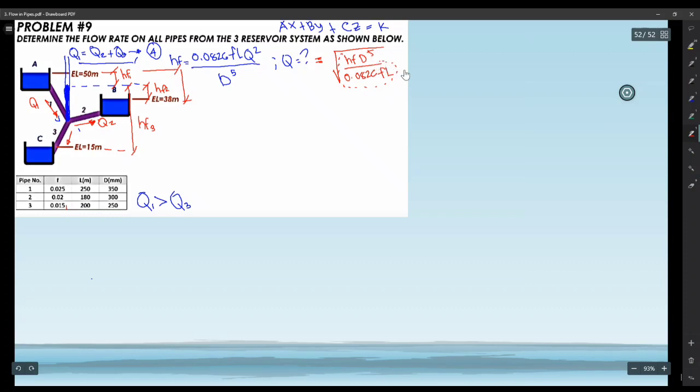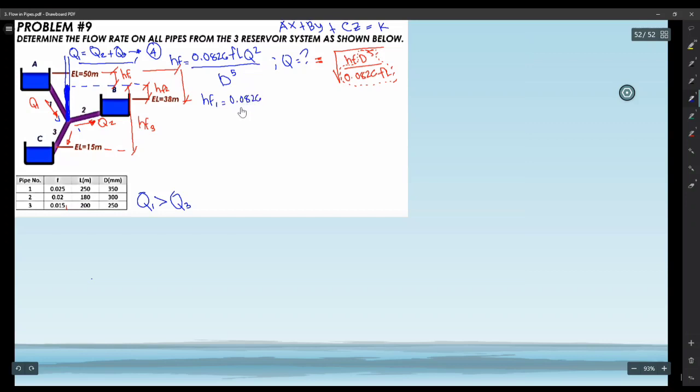Sorry. Head loss nga pala yung anong din. So, ito mga to, nawala yata yung L. Itong mga to, gawin natin na itago natin, store natin yung value, or pindutin muna natin sa ALKIP. So, una, simulan natin doon sa head loss para kay 1. So, para sa 1, that will be HF1 is equals to